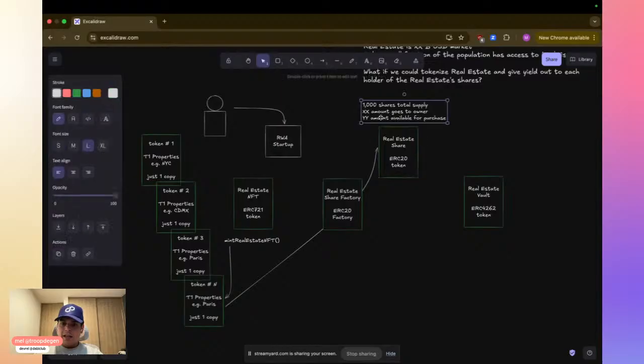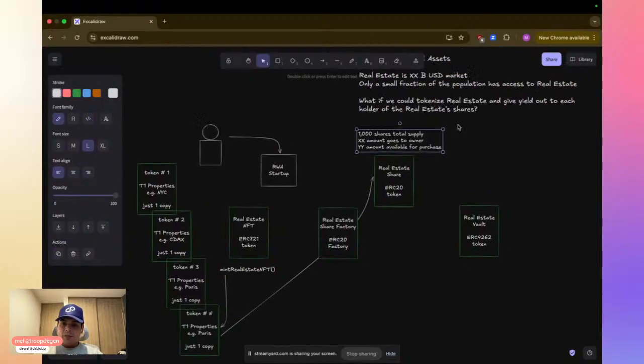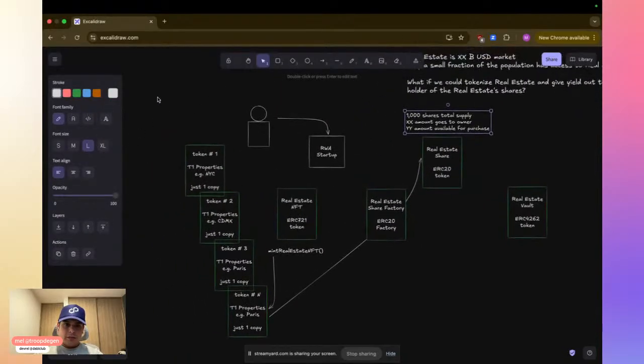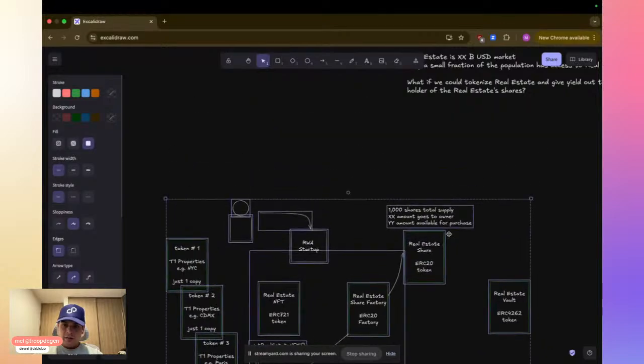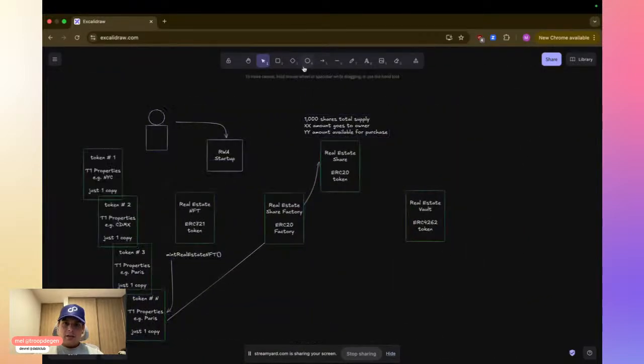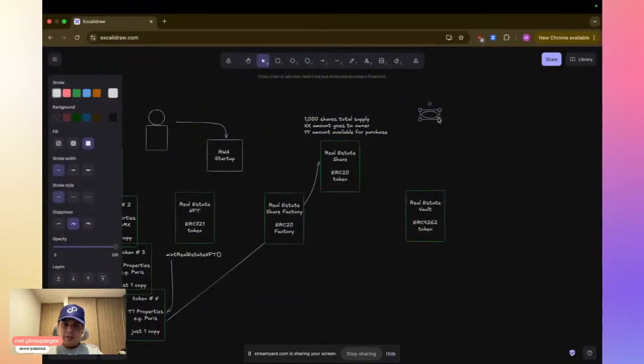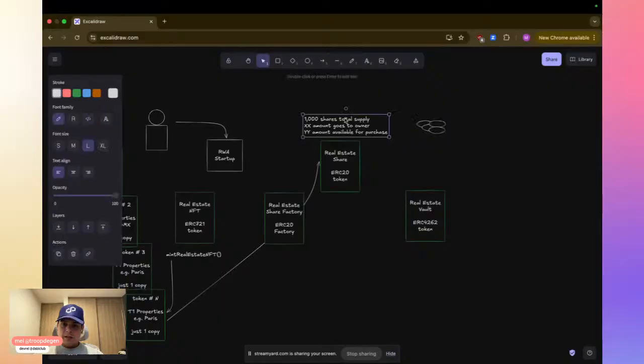There we go. And after that, that would give us a set amount of tokens, up to 1,000 shares.